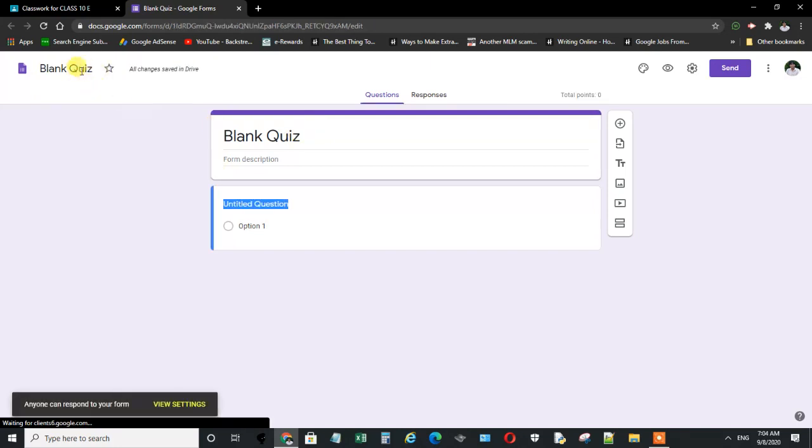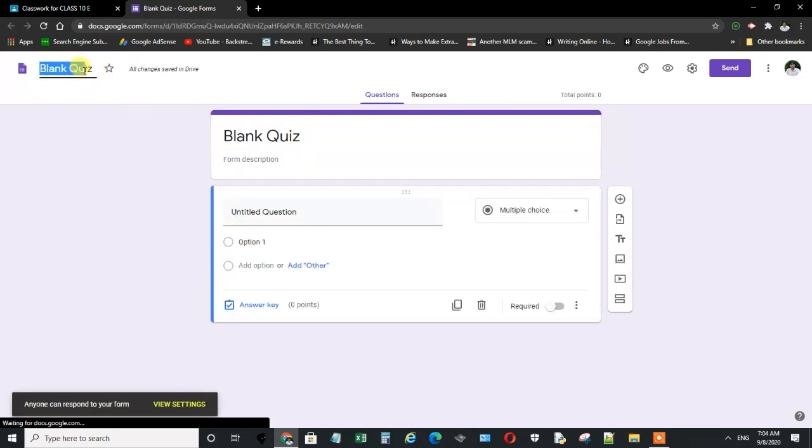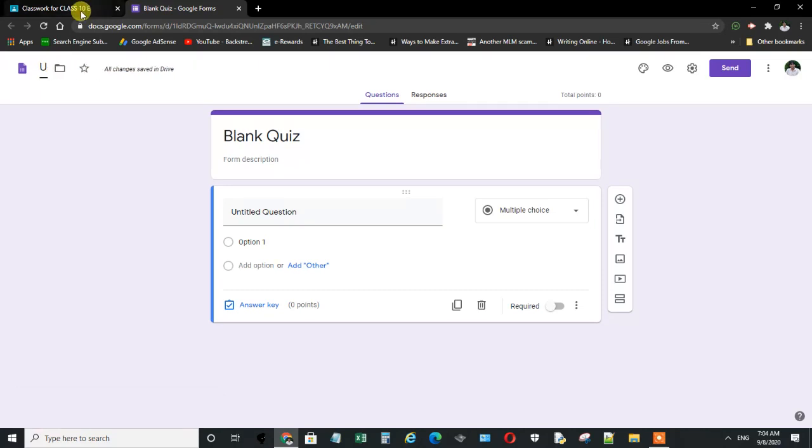Now here click at the top, name this form. So I have named this form Computer Exam 8 September, and then click on this settings icon.